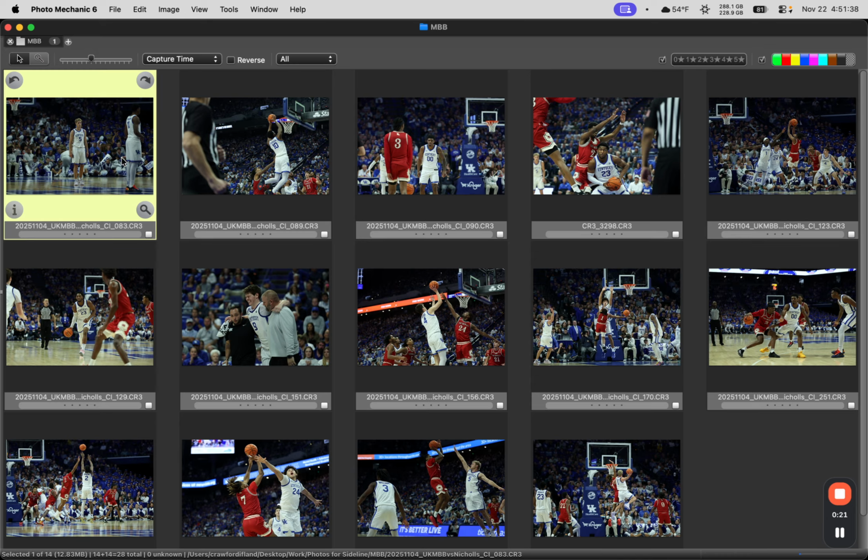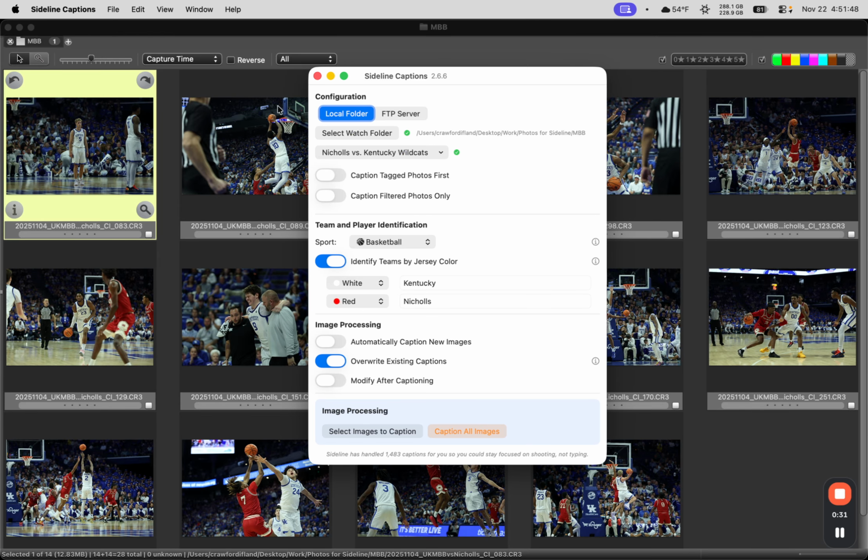And that's really why we designed Sideline, to complement Photo Mechanic and caption these images for you, but also to work hand in hand with Photo Mechanic because it's so powerful in so many ways. So a couple options here on Sideline, and this is just everything you need to run through in order to get started. You can choose to watch a local folder, or for more advanced users, we have an FTP server option. We'll do a different video on that later, but just assuming you want to watch a local folder, you